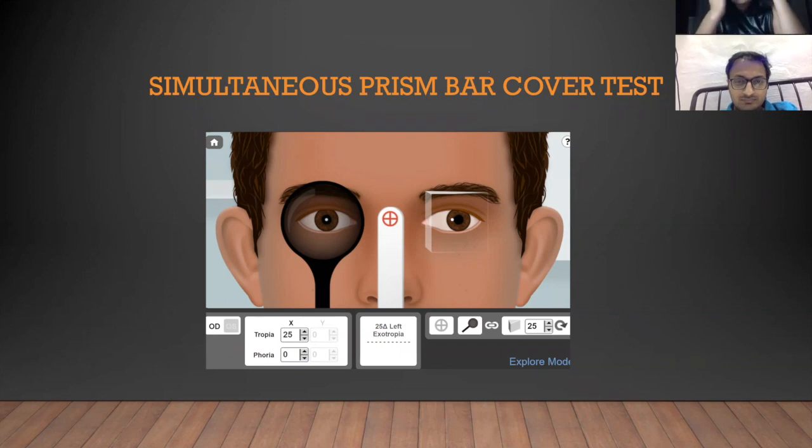I've put a prism and say I have 45 prism diopters of exotropia, which is neutralized using alternate cover test on prism bar. This 45 PD on prism bar cover test is equal to the tropia plus phoria, or the total squint, manifest plus latent. Now I only want to know how much is only the manifest squint but not the latent squint.